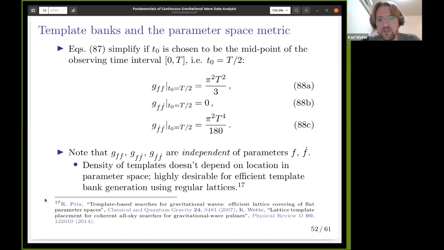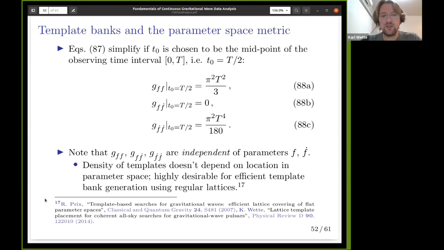So there's no dependence on f and f dot in these expressions, which means, at least in terms of the spin-down parameters, the density of the templates you place doesn't depend on your location in parameter space. So it doesn't mean that, say, at higher frequency you need more templates, and at low frequency you need fewer templates. The density is the same all the way, which is highly desirable,